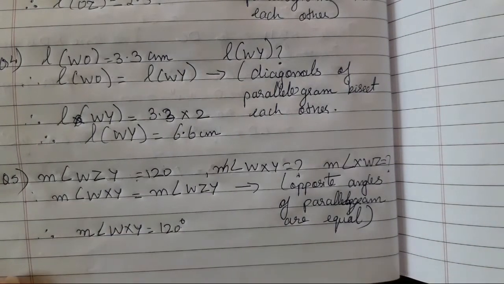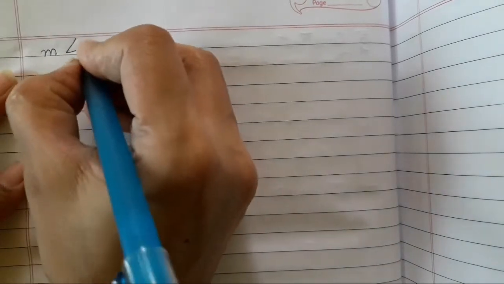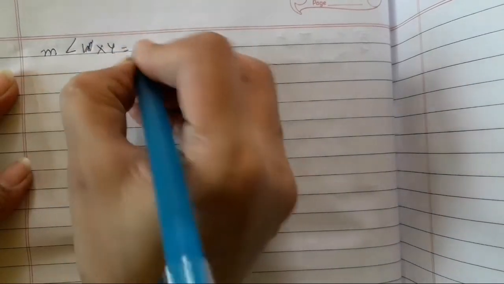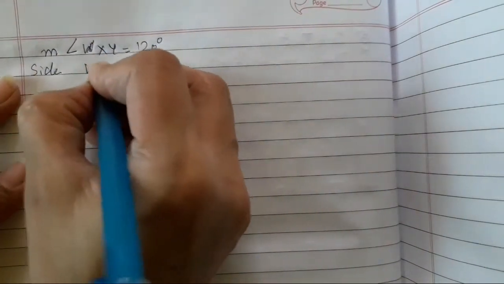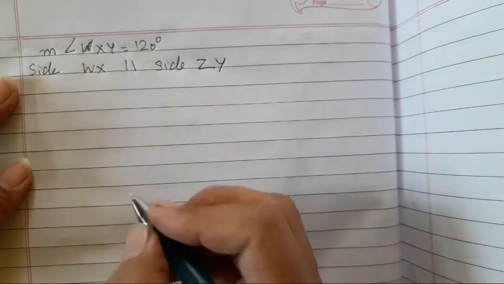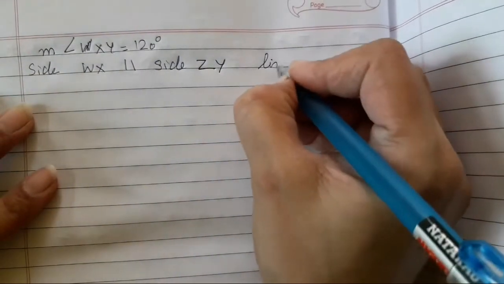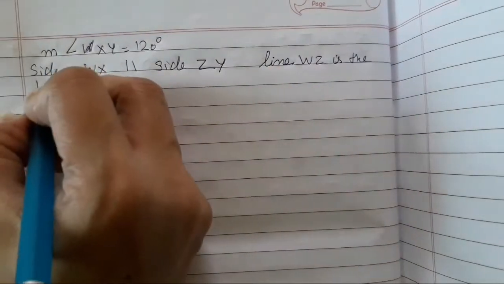Okay, now after getting this, what we need to do is, after getting measure of angle WXY is equal to 120 degree, we can say that side WX is parallel to side ZY. Okay, and line WZ is the transversal,